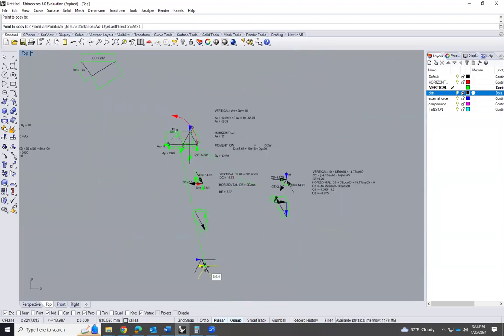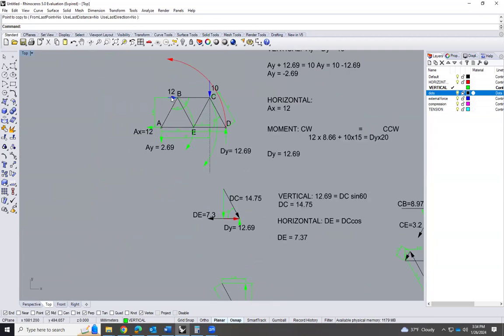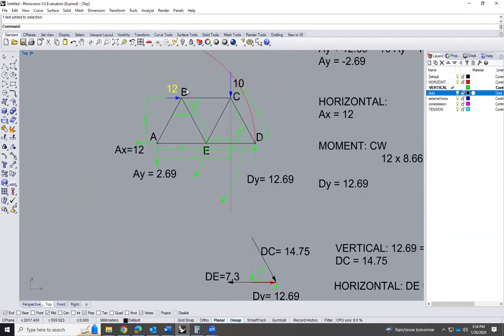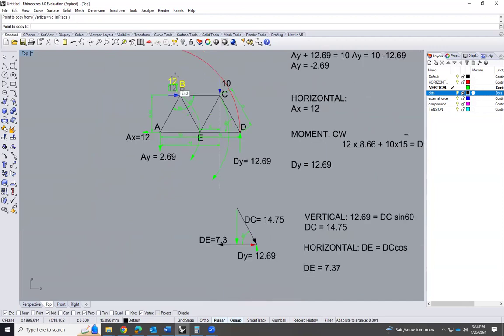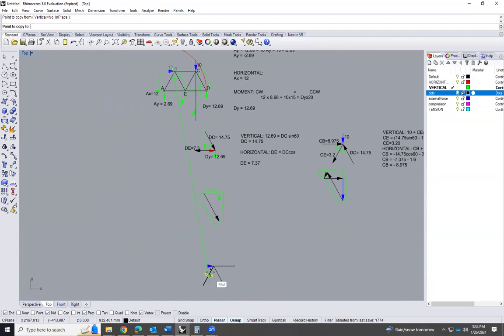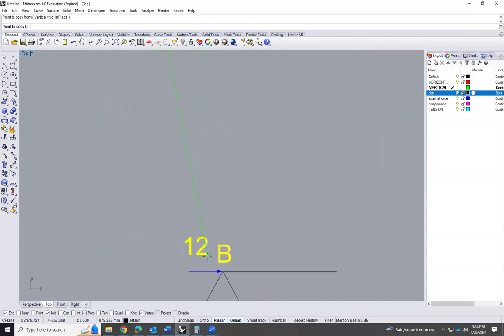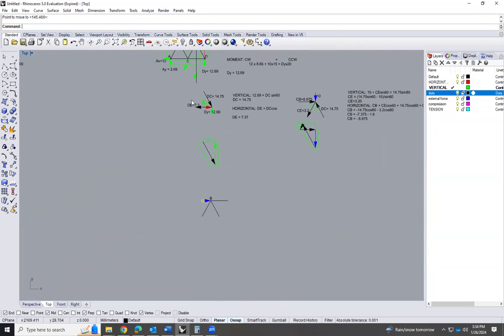It's here. So this force is 12 at point B. This force is 12. Now this is